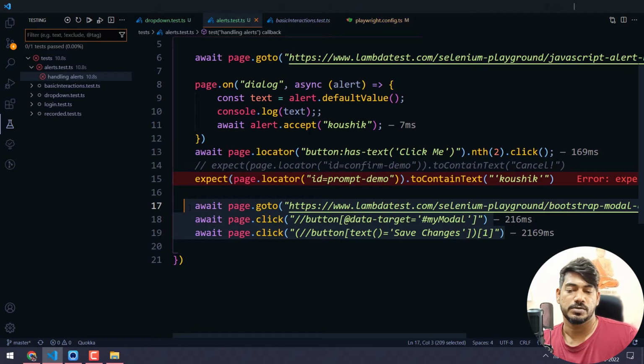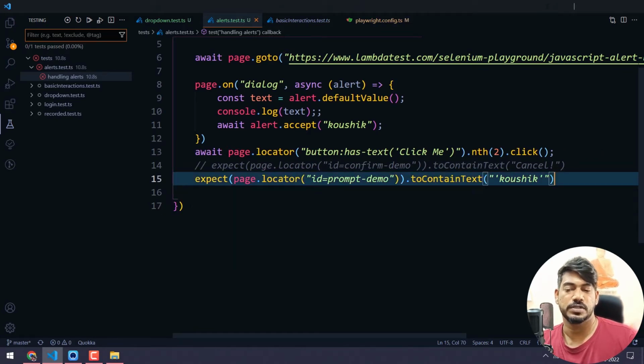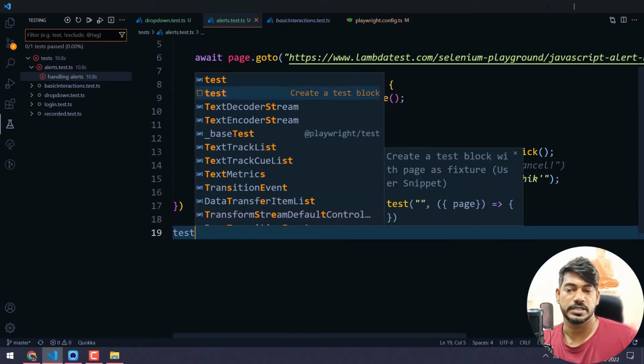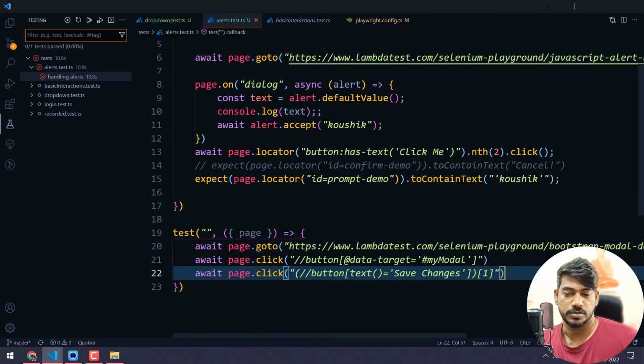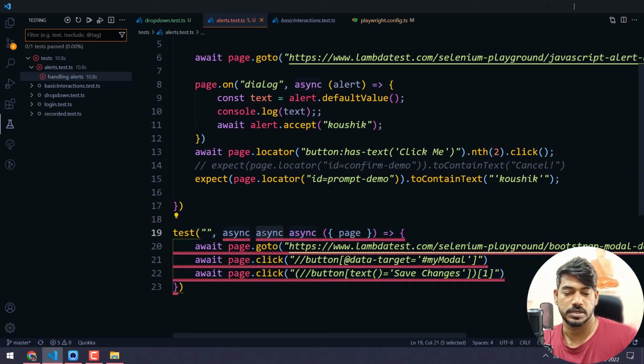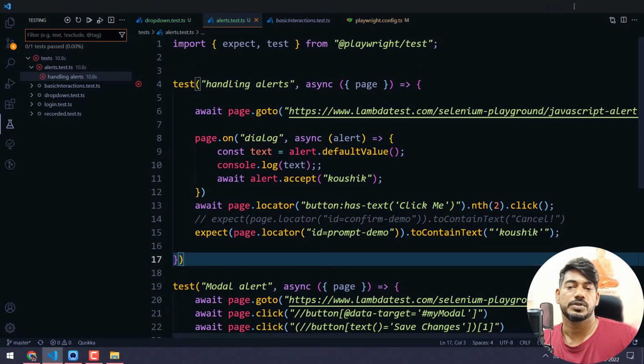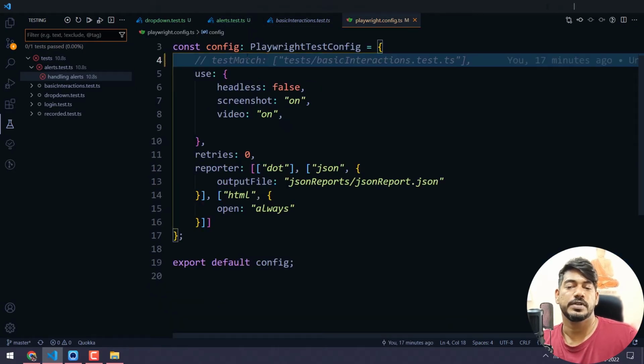So what I'm going to do is, as of now, of course we can wait for the locator and fix it, but I will give you a different example for that in another video. So here let's write another test block, and here I'm going to paste the code. And this is my modal alert, I can say. Now what we are going to do is use the Playwright config file, and here we'll say